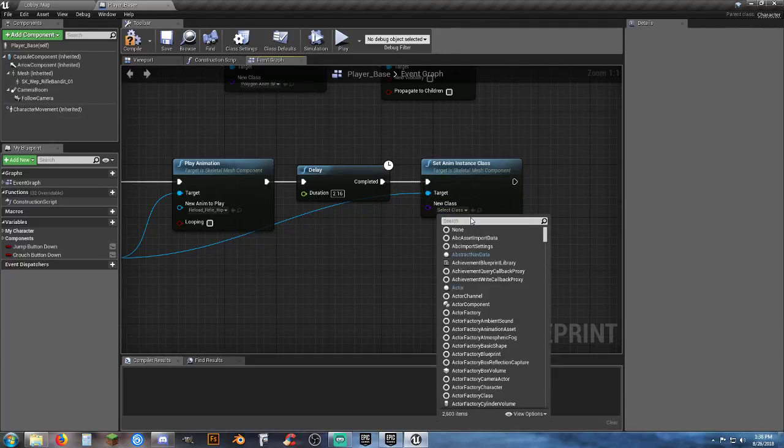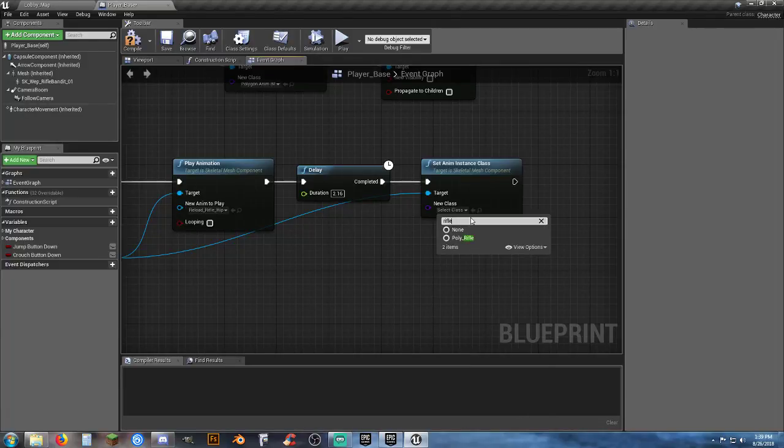We want to go back to our... Since we're doing this one, it may be a problem, but we're not going to worry about it just yet. We'll have to add some variables in to make sure that we can only do it if we have that animation blueprint running. So poly rifle,